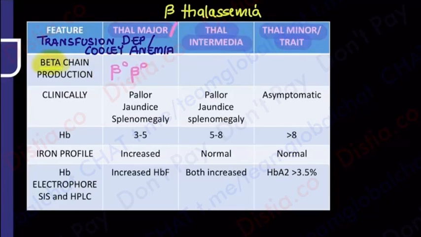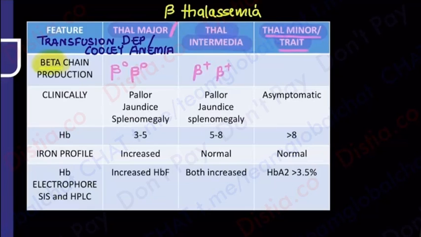In beta thalassemia intermedia, few chains are there, little. So I've written beta plus, beta plus. Beta plus, beta plus means little are missing, little are there. But when I talk about beta thalassemia minor or beta thalassemia trait, you all know in autosomal recessive disorders, trait